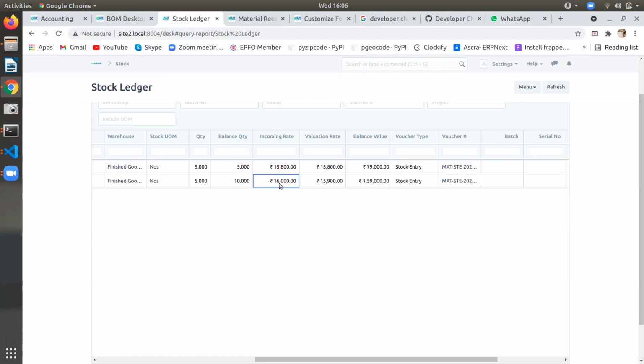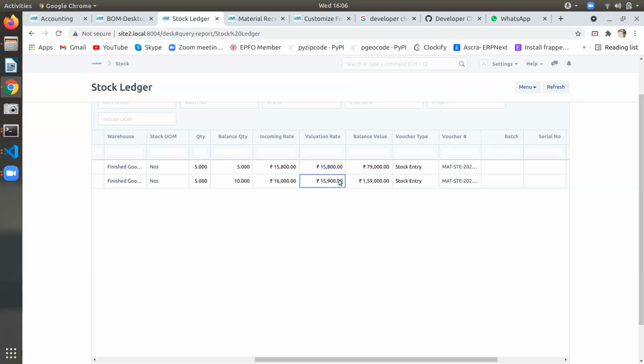I feel this is correct. Valuation is like the average value of the product. Actually, how it will happen is it will check with the first one, then the second one, it will divide by 2, then it will get the valuation rate. First average incoming rate, then last incoming rate, maybe like that.